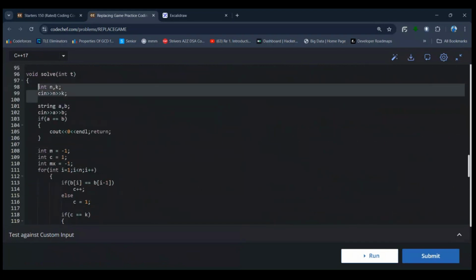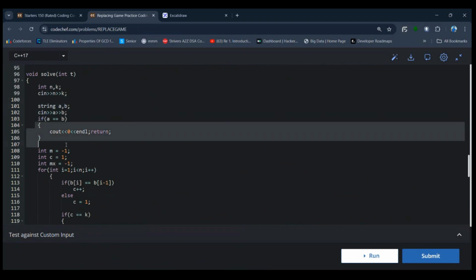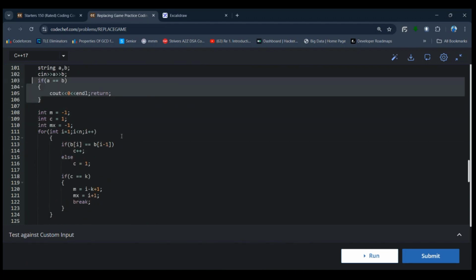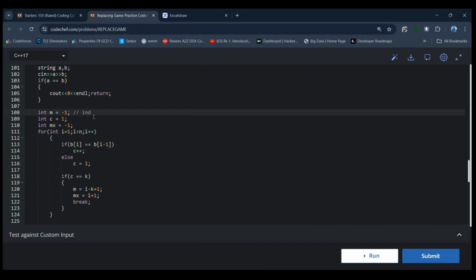तो आई हैव टेकन दीज वैल्यूज एन एंड के हेयर, ठीक है, और ए और बी मैंने इनपुट ले लिया। इफ ए एंड बी आर सेम तो आंसर मेरा 0 हो गया, सिंपली स्ट्रेट फॉरवर्ड, है ना? और वरना फिर मैं क्या करता हूँ कि ये मेरा जो एम है, इस एम इज माई इंड, ओके, मतलब वो जो इंडेक्स है, एम में मैं वो इंडेक्स स्टोर करूंगा जो कि लेफ्ट से राइट जाने में वो पहला इंडेक्स होगा जहां से वो सबस्ट्रिंग बराबर होना शुरू हो जाएगी, ठीक है। मतलब बी में आई विल बी हैविंग दैट सबस्ट्रिंग। सो व्हाट आई विल डू कि मैं आई इक्वल्स टू 1 से लेके आई लेस देन एन तक इटरेट कर रहा हूँ, और मैं क्या चेक कर रहा हूँ कि